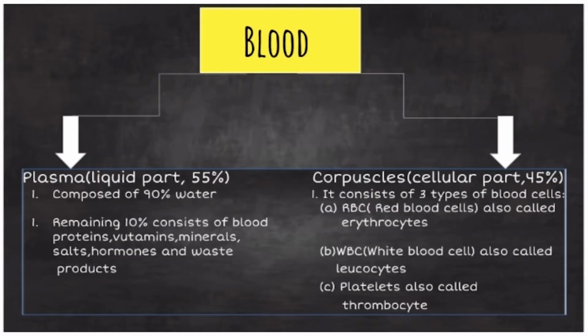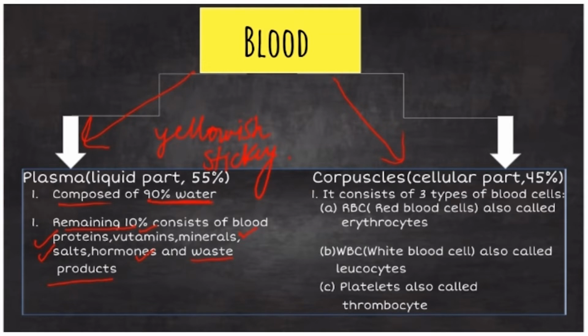Composition of blood. Upon centrifugation of blood, it separates out into its two components, that is the liquid plasma, which being lighter comes up at the top, and the cellular corpuscles, which being denser settles down at the bottom. The plasma is a yellowish sticky fluid. It is composed of 90% water and the remaining 10% consists of blood proteins, vitamins, minerals, salts, hormones and other